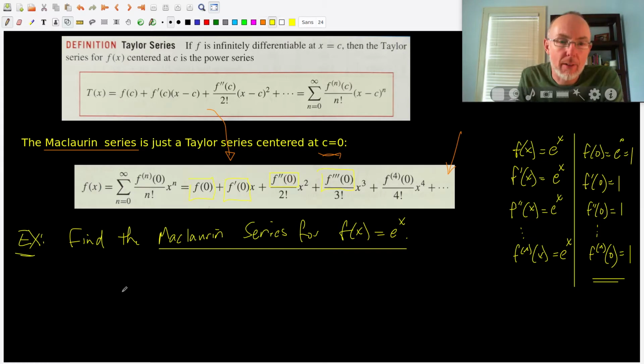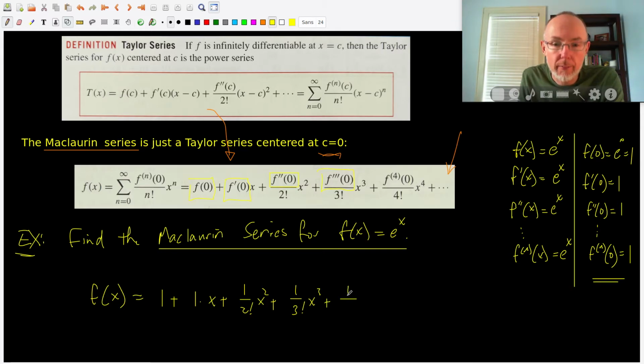And so we can start writing out the Maclaurin series for e to the x. It's going to be f of 0, which in this case is e to the 0, which is 1, plus f prime times x, plus f double prime at 0, which is 1 over 2 factorial x squared. And the next one's f triple prime, which is 1 over 3 factorial x cubed. The next one's the fourth derivative, evaluated at 0, which is 1 over 4 factorial x to the 4, plus